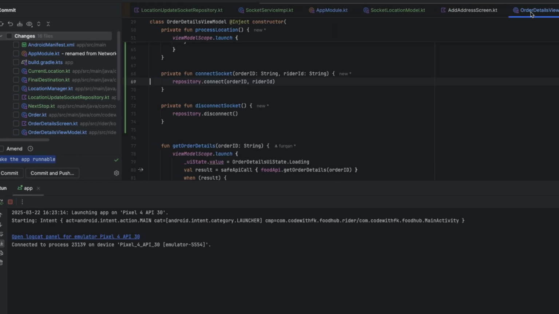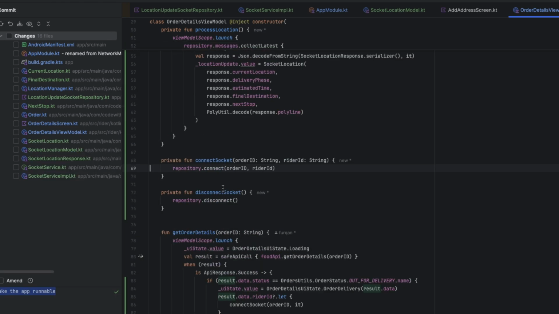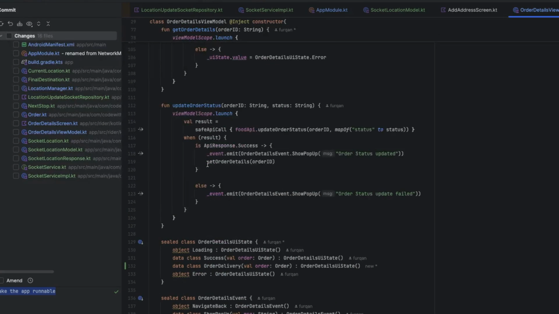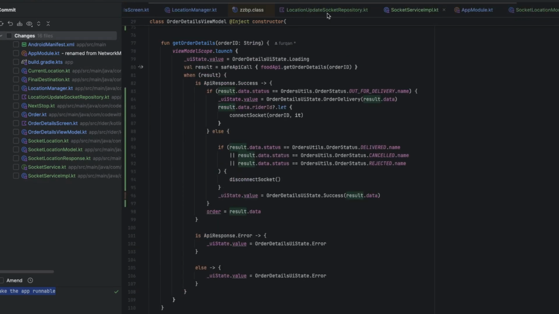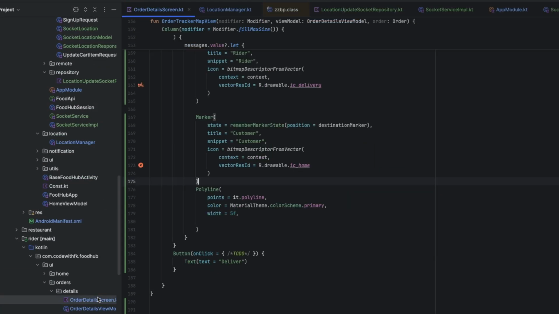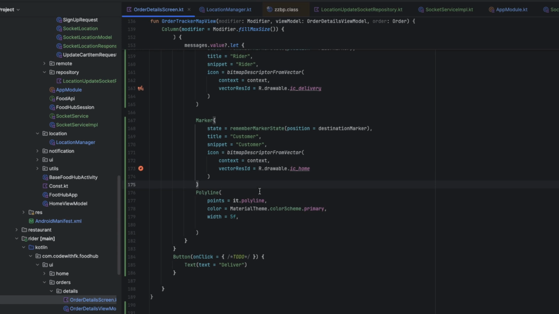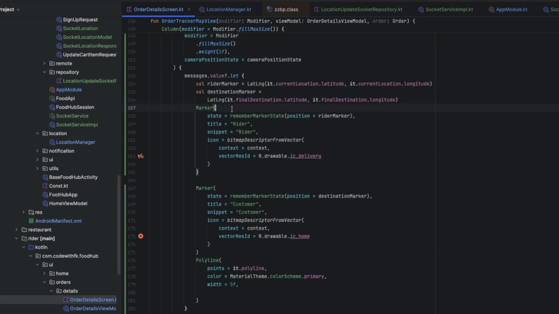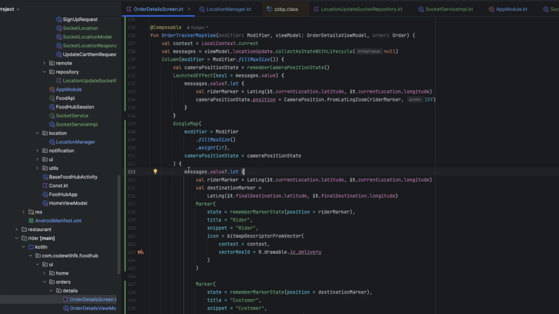So for that, I'm gonna go over here, and okay, where is that? We should be going to the order details screen. Let's just get over here, go to that order details screen, and now this is my rider marker that's coming from this. Okay, so maybe we should do something as